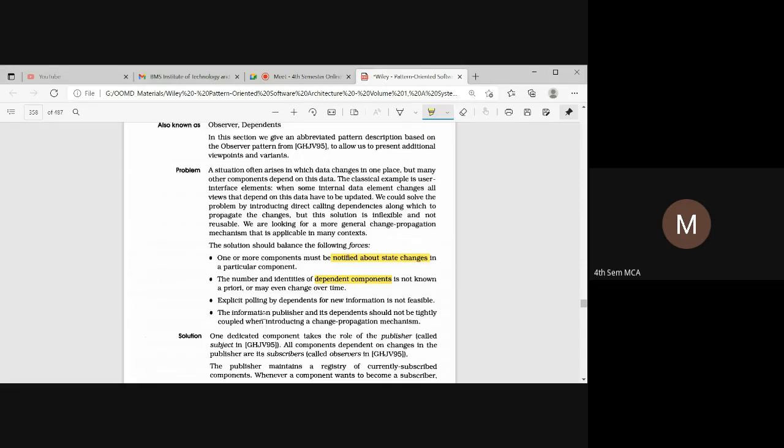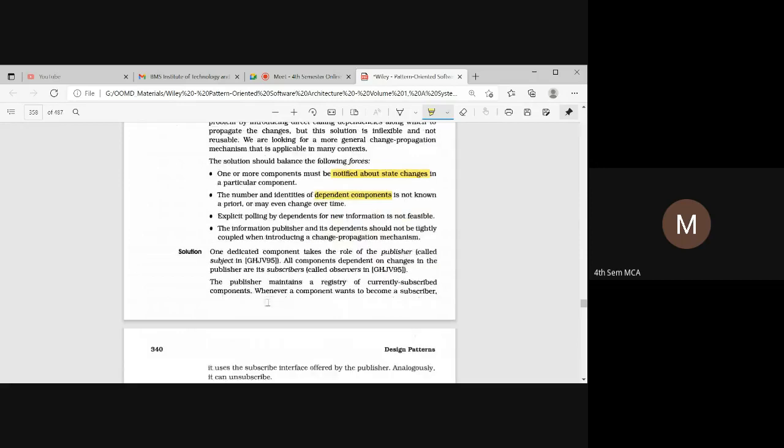And the next thing is the coupling between the publisher and its dependents should not be tight. If you add too much complexity or too many restrictions, the changes that we bring into the system will be affected. So tight coupling should not exist between the dependent components.